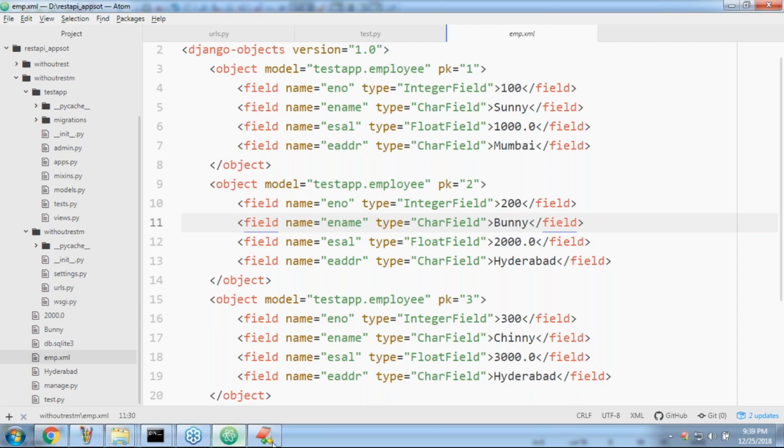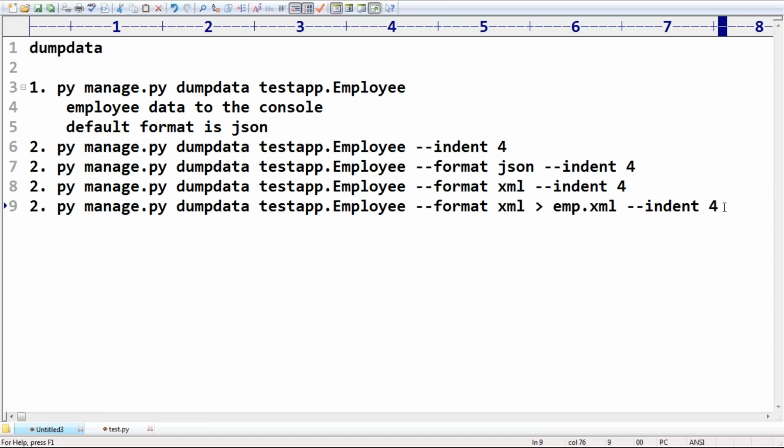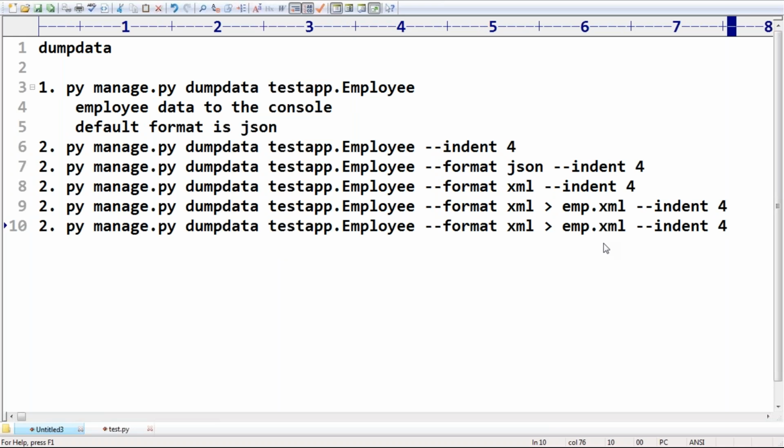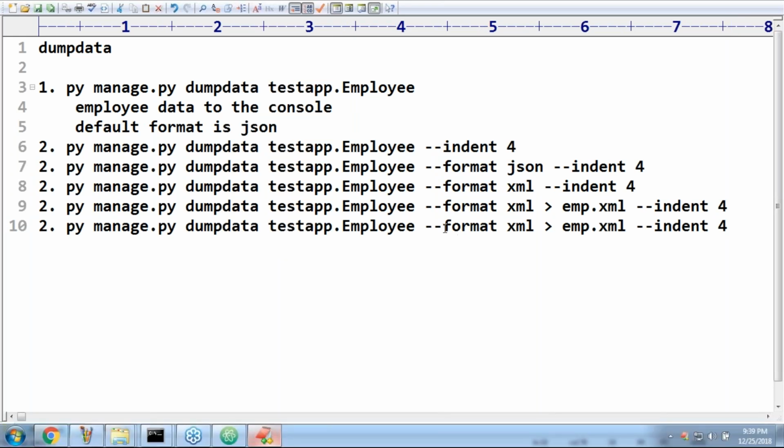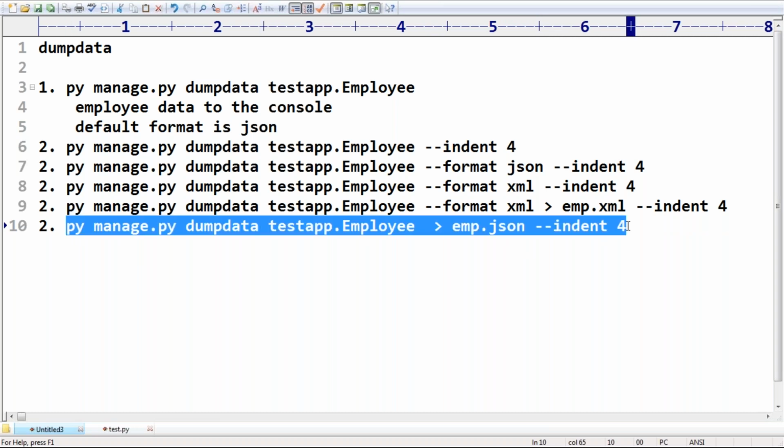Django has this type of inbuilt abilities. Same way, I want JSON: py manage.py dumpdata. What is the format? You are not required to specify the format because the default format is always JSON only. Have a look once.